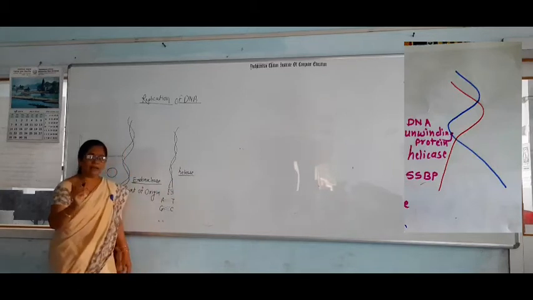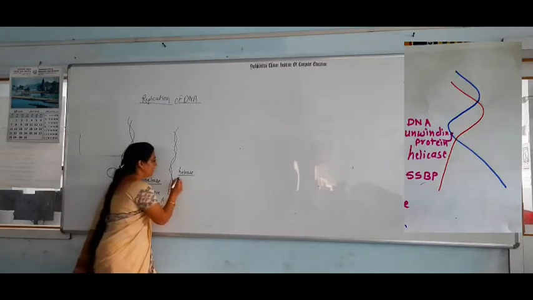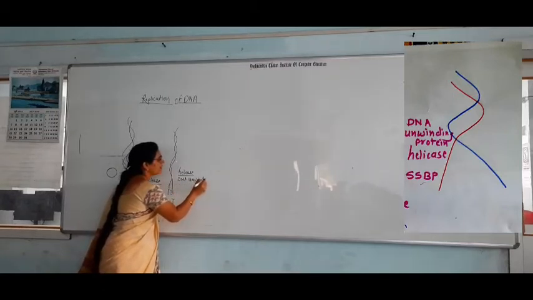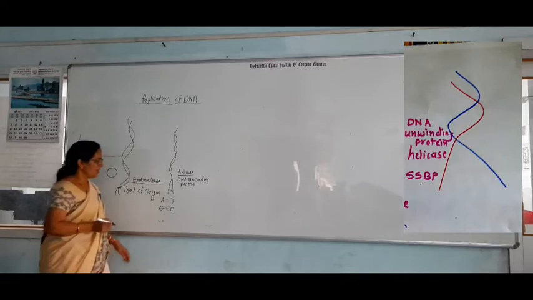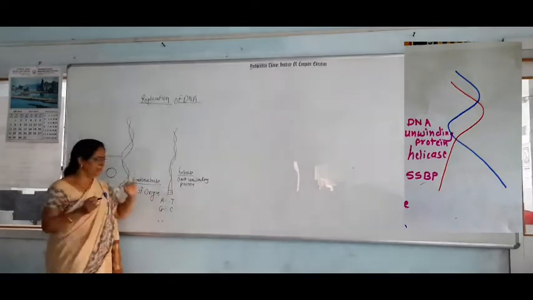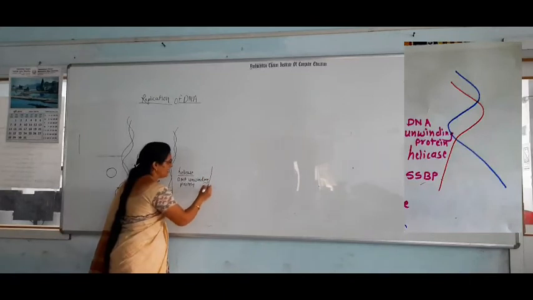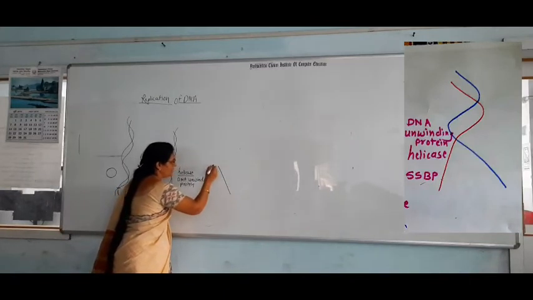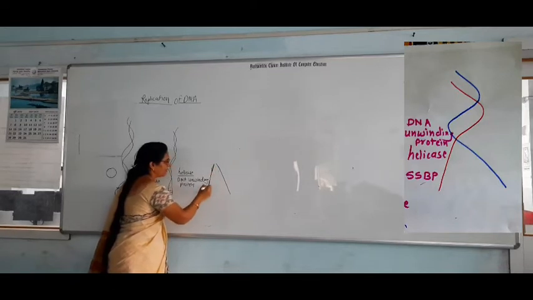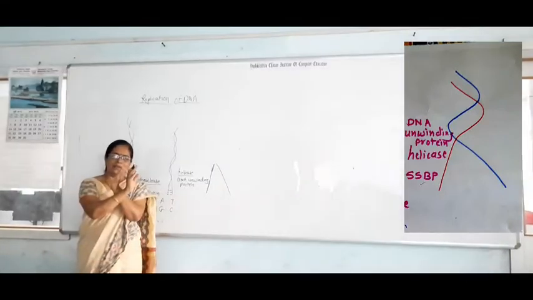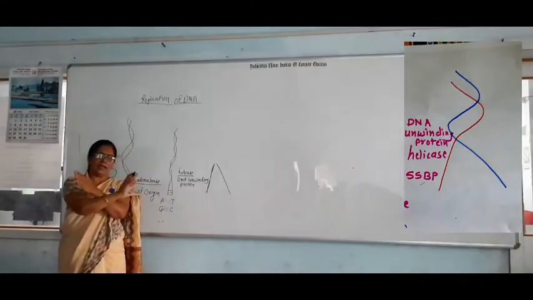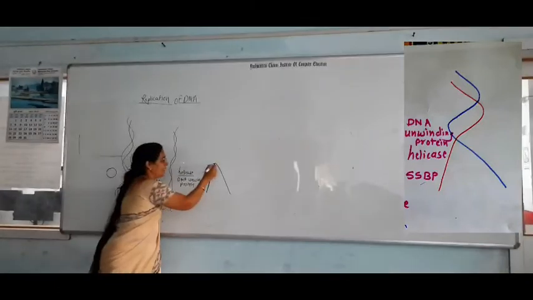It is also called the DNA unwinding protein, or also the RIP enzyme. So with the help of that helicase enzyme or the DNA unwinding protein, these two DNA strands get separated. But this DNA strand has a great ability to become double stranded again. That's why it has to be kept separate, and here again an enzyme is used.